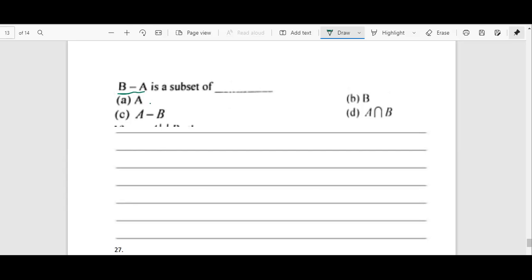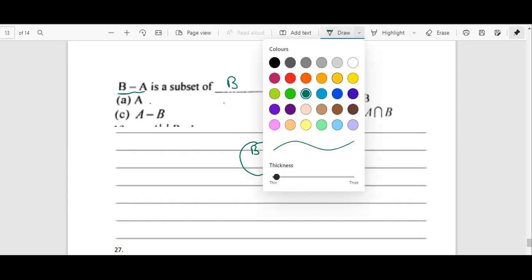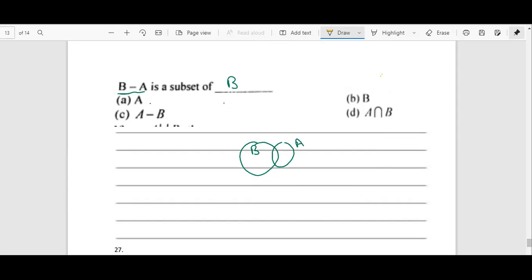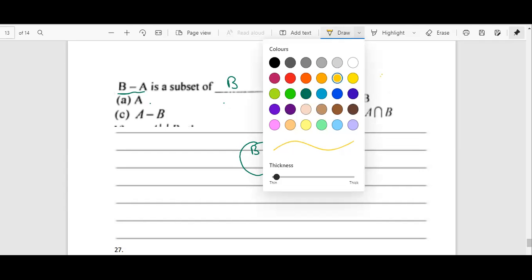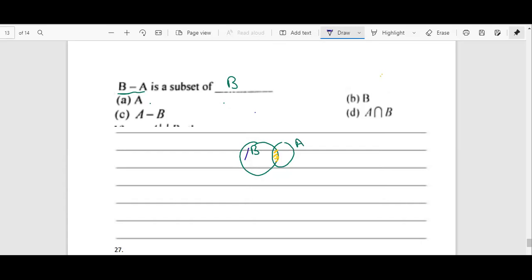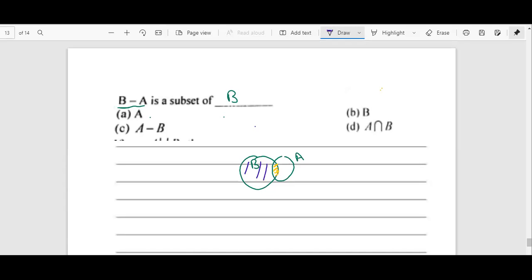So it would be a subset of B, because if this is B, and if this is A, when I'm subtracting B minus A, I would basically not have this part, okay? I'm only going to have this part. So this part is basically the subset of B. So B is the answer. Okay,